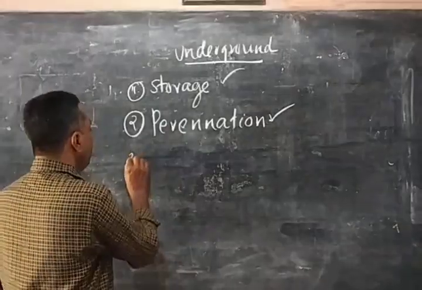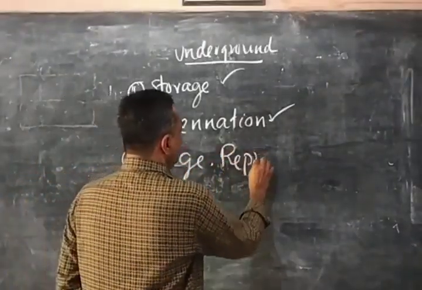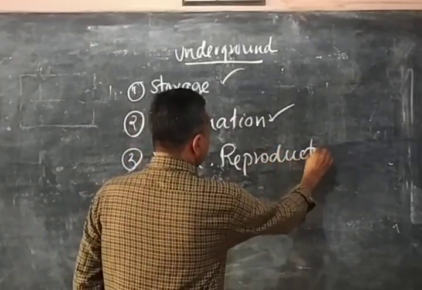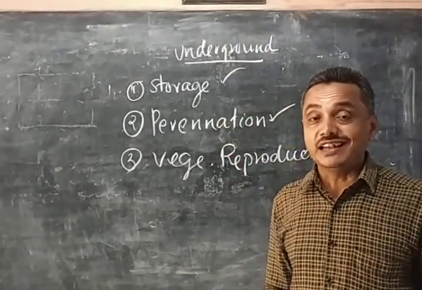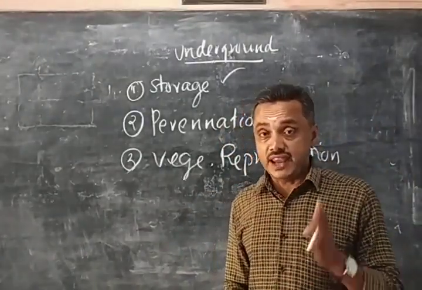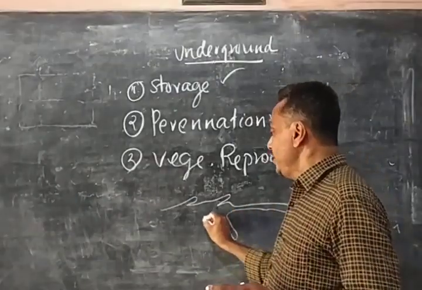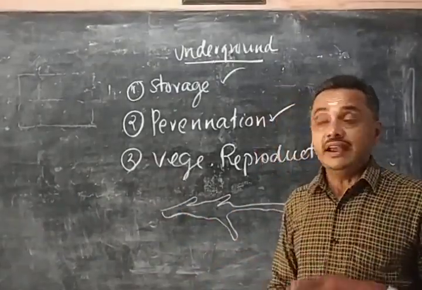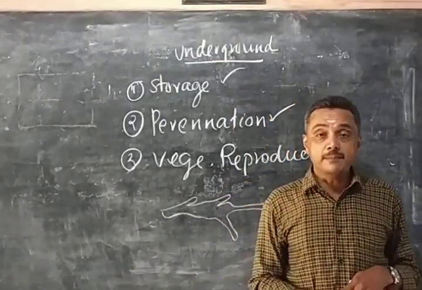And the third one, vegetative reproduction. See, vegetative reproduction. You see that plants like ginger reproduce by the vegetative method. We can discuss later on. See, plants like ginger will not produce seed. In these plants, usually seeds are absent. In turmeric, seeds are absent. In colocasia, seeds are absent.